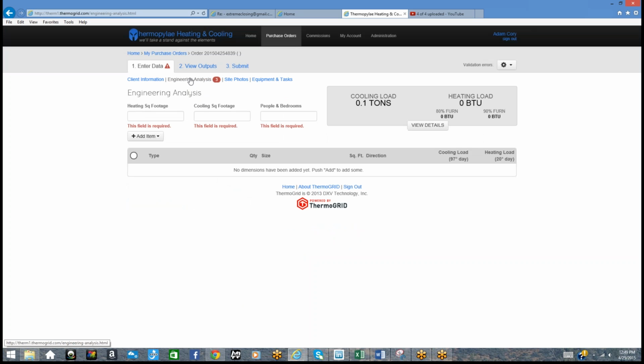We can click on the Engineering Analysis tab here at the top, and what we can start with is the square feet. Let's say that you have a ranch style home, and the main living area is 1,000 and there's 500 finished in the basement. And the basement's not a walkout. What we would do here is put in,